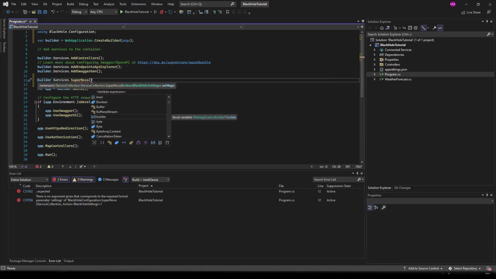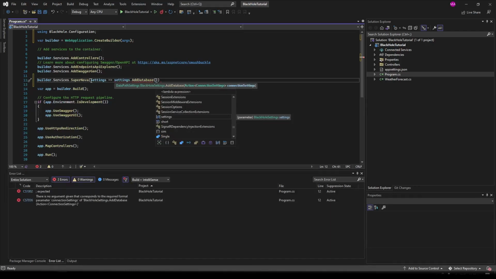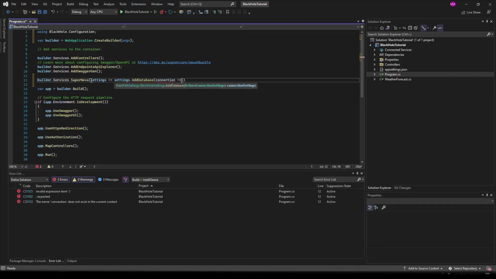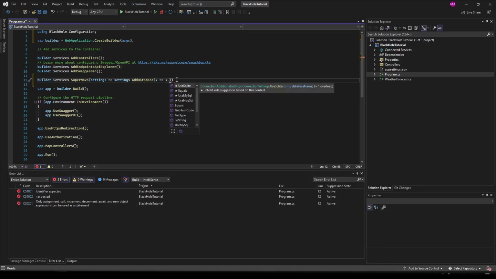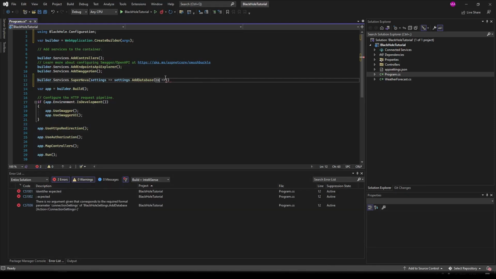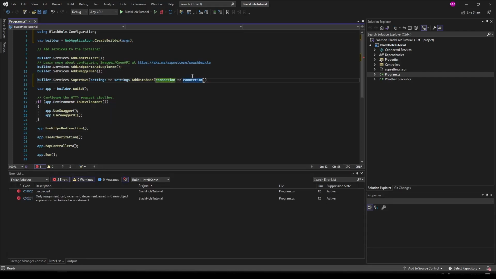We need to create a BlackHole settings. So we can type settings. We can name it whatever you like. Say settings, then lambda expression, then settings.AddDatabase. And here we open a parenthesis again, and we need the connection settings. So let's say here connection. Also this, you can name it whatever you like. You can type, for example, x, but I'm going to do it connection for now because I want it to be clear. Connection dot